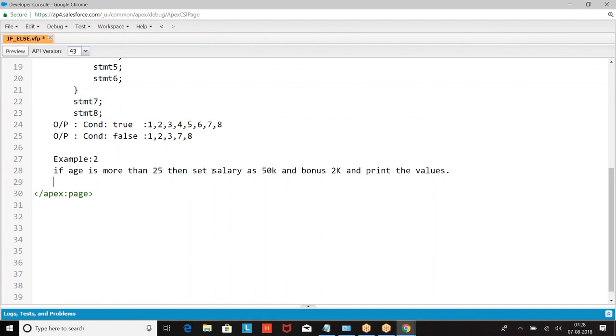If age is more than 25, set salary as 50K, bonus 2K, and print the values. What are the variables we require?